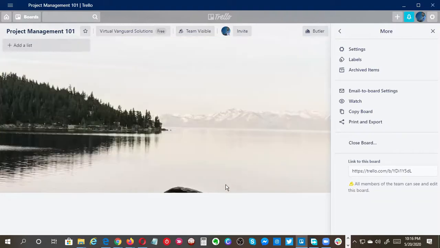We're just going to try and make it as simple as possible for this tutorial for the moment, just so you can get your Trello board up and running. Okay, so